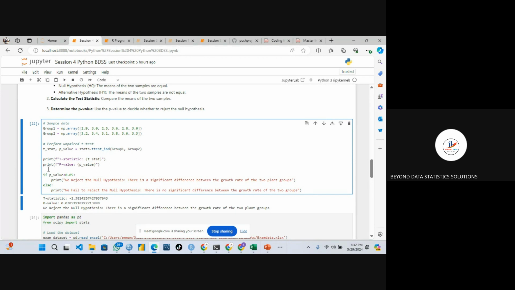Once you're done, you let me know so that we can proceed to where we import the data. The data is the same data that we have, but in this case, we want to compare